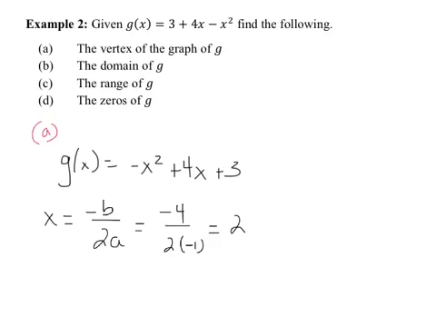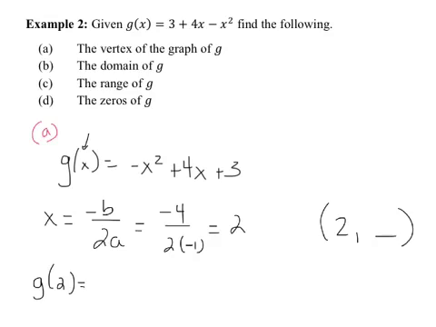So x equals 2 happens to be the axis of symmetry. Well, if that's the axis of symmetry, we just have to take that value. So the vertex we know already is going to be 2 comma something, right? So take the 2 and plug it in right here. So let's find out what g of 2 is. All right, see what the value of the vertex is, or the height of the vertex is, when 2 is